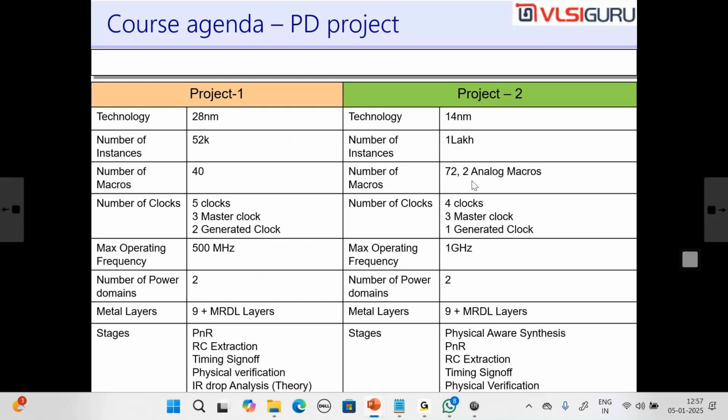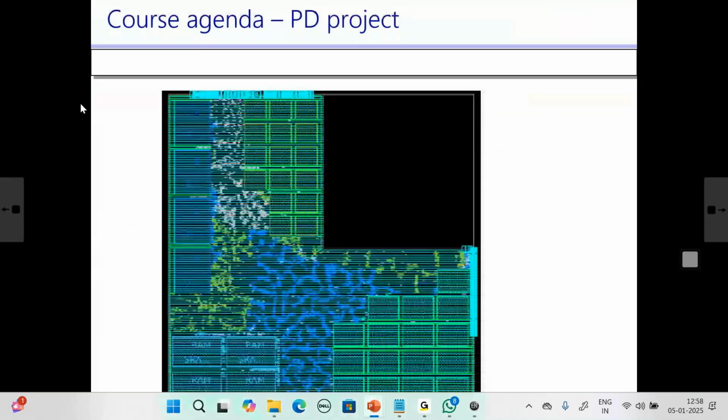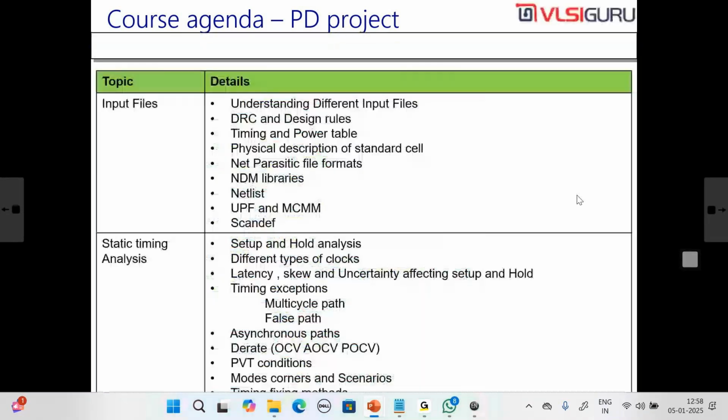So next, this is the outline of the 3D project, block level. This is an L-shaped design. So this is our course content, right? We discuss about